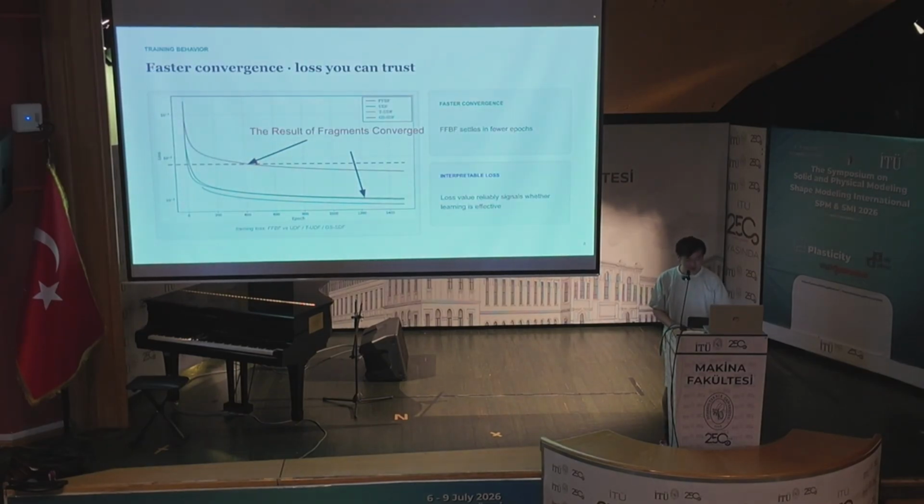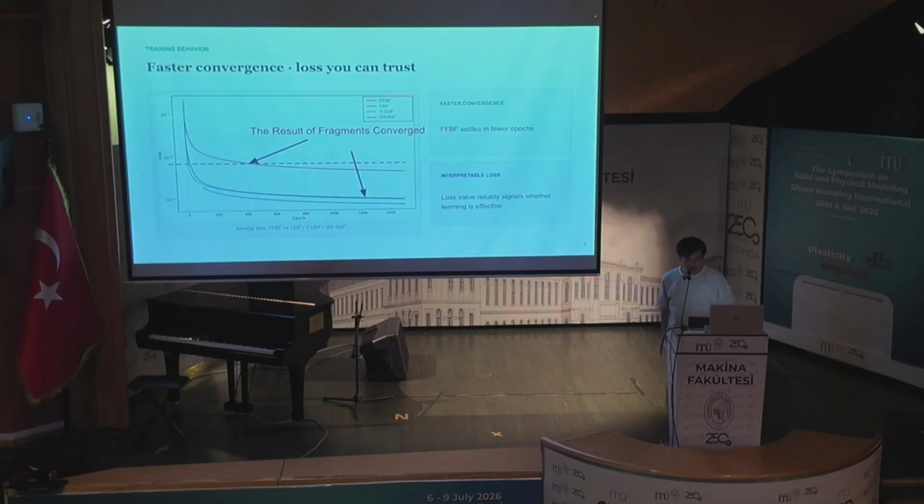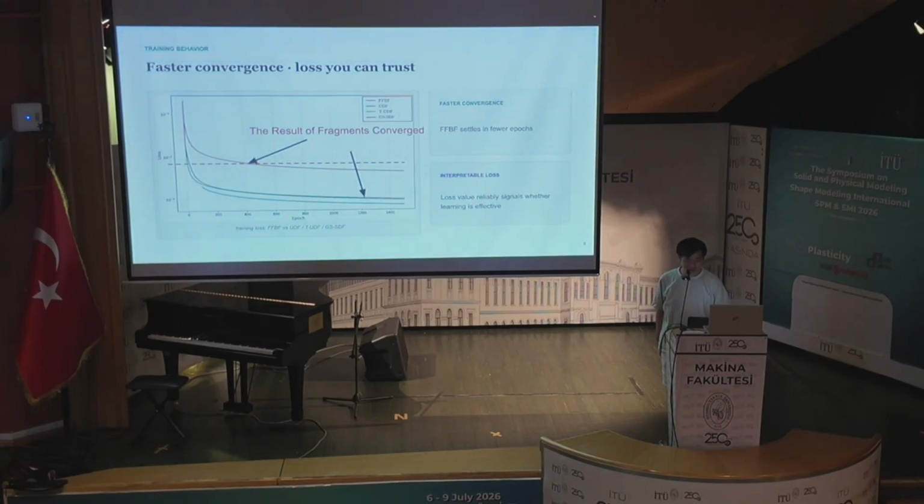And also, there are two findings we can find in such kind of training curves. First, if we use FFBF, the convergence will be faster than the random results, with fewer inputs than the UDF and also chunked UDF or the GSSDF. And second, it is useful in practice, because every fragment occupies the full normalized range from zero, maybe